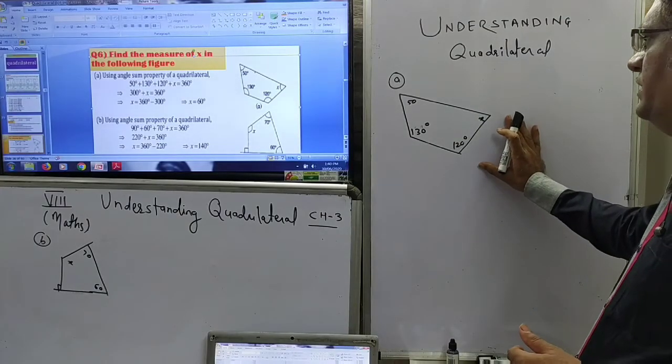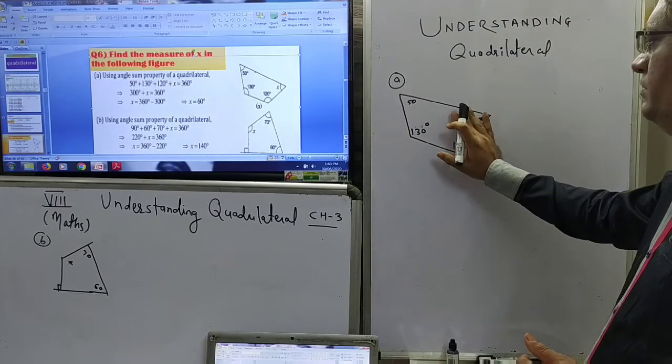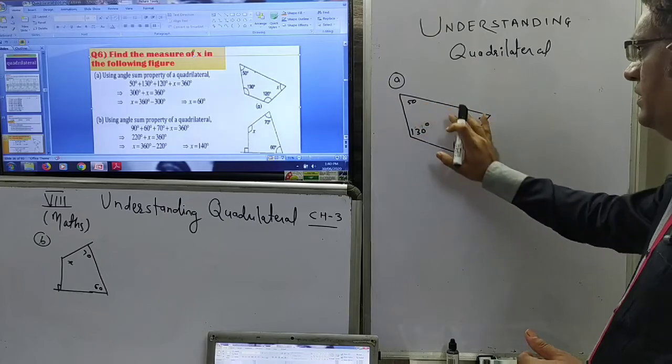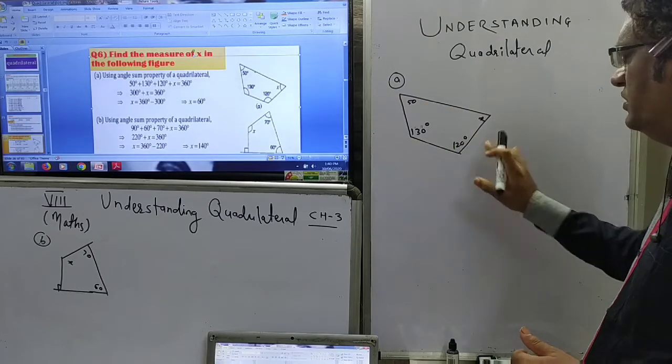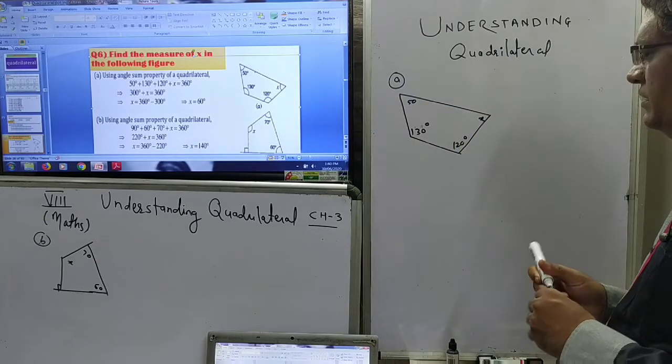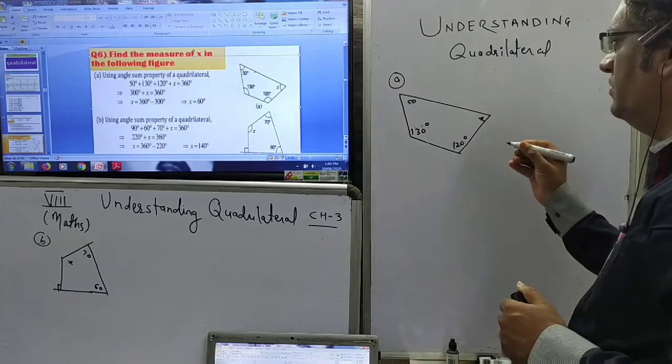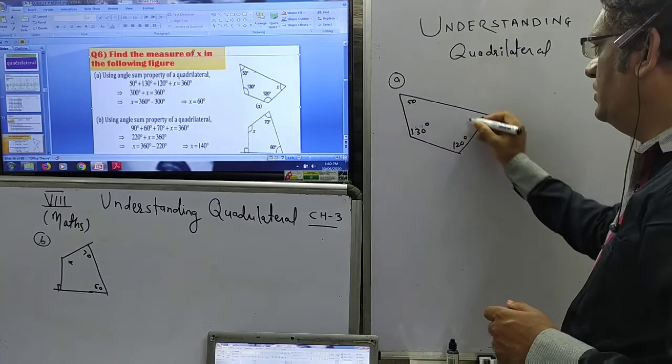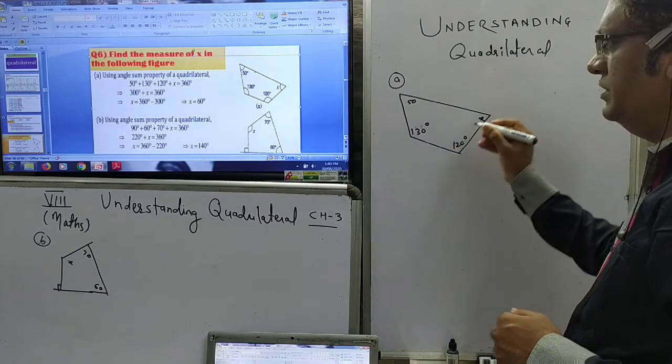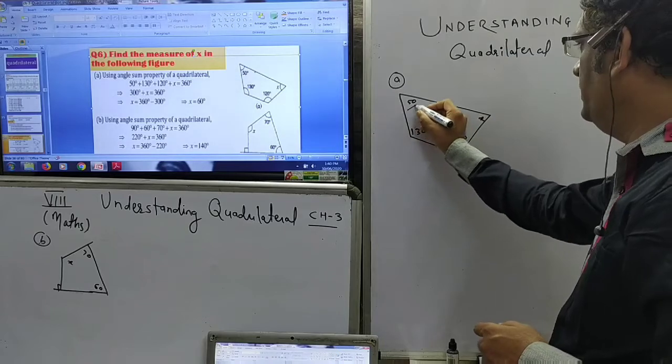Now let us take some application problem. We want to find this x in this quadrilateral. This is 1, 2, 3, 4 sides, means it is a quadrilateral. You know that's the angle sum property of quadrilateral. Sum of these 4 angles is equal to 360 degree. So this 50 degree